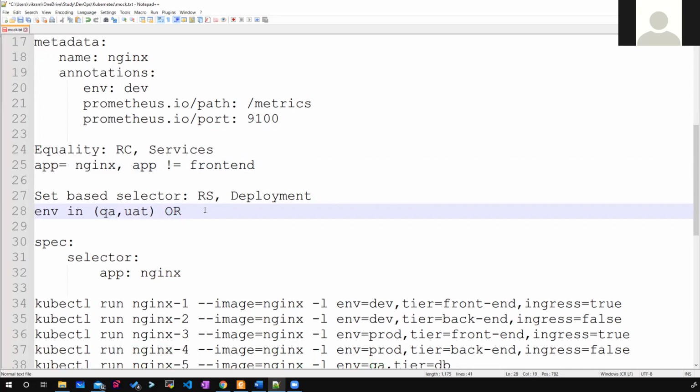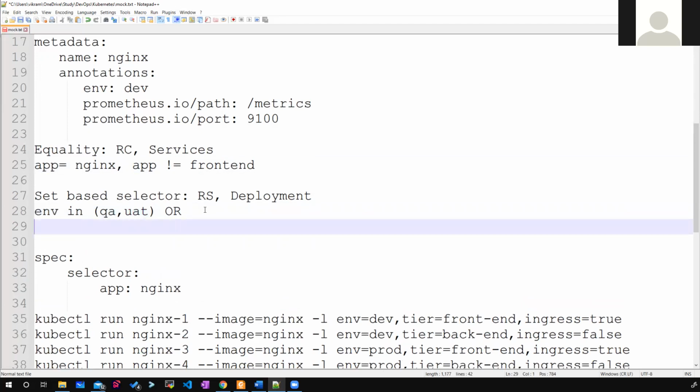Now let's say I have multiple applications. Some are iot applications, some are front end applications, some are main applications. I wanted to select all the applications except for some.